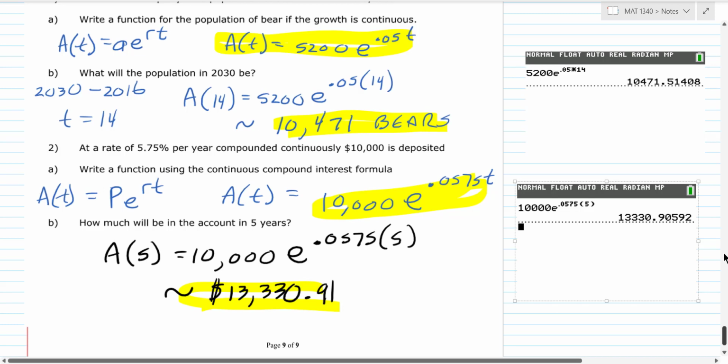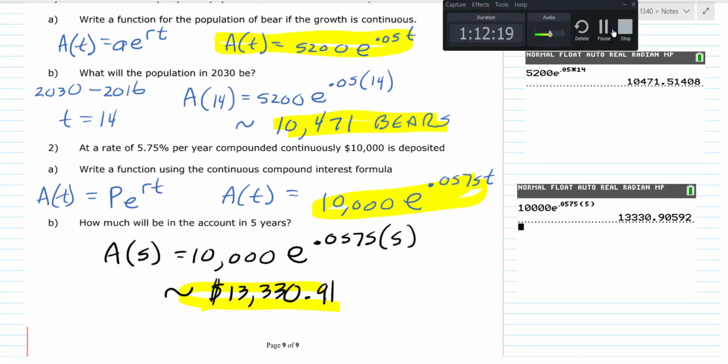Okay, so when you're learning this, the thing is, how do you know to use this formula? Well, you're dealing with continuous growth. It's got to have the word continuous in it. If it has the word continuous in it, then that tells you that this is the formula that you've got to use. Okay? All right, very good. All right, we'll talk a little bit about the